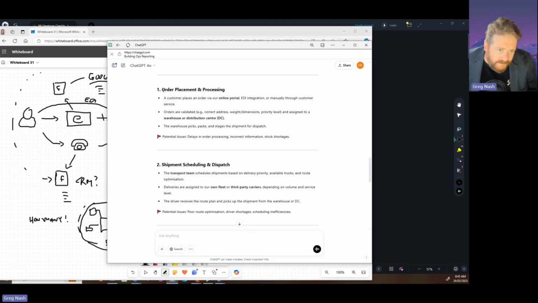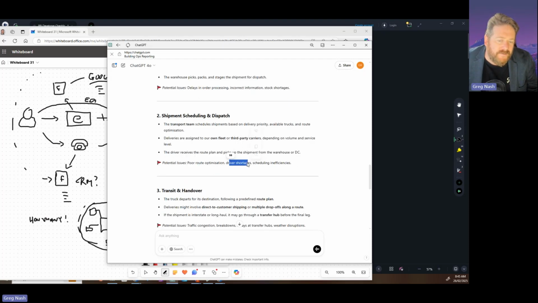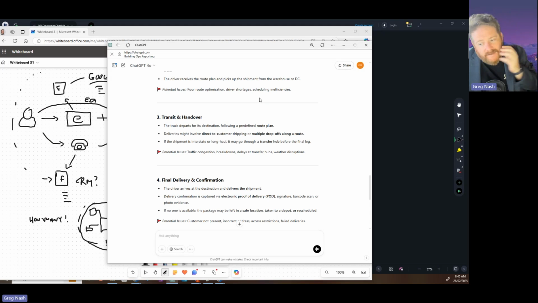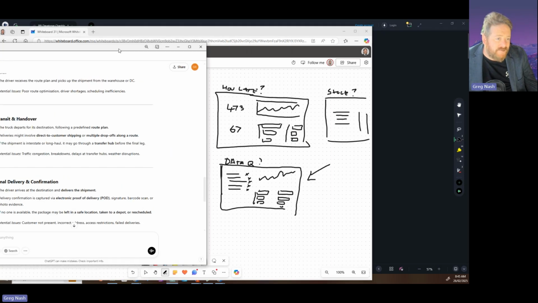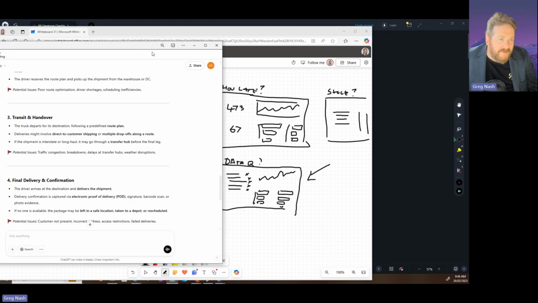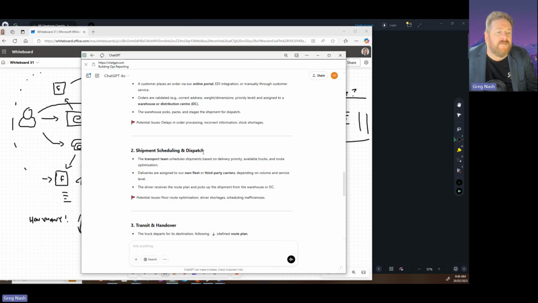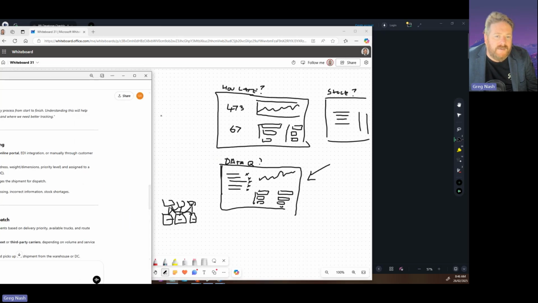So they talk about order placement, then they do shipment scheduling and dispatch. They've got poor route optimization, driver shortages, scheduling inefficiencies. You've got congestion, breakdowns, delays at transfer hubs. So if you can get the process and then the problems associated with that process, you see how easy it is to come up with a dashboard that helps in that space. And that is a million times better than saying to them, what do you want on your dashboard? Because what they'll do is say, oh, what we'd like to see is our number of orders coming in,